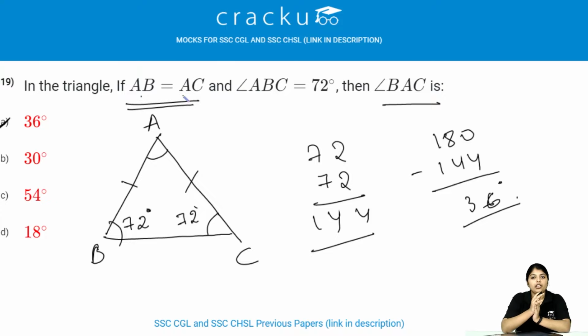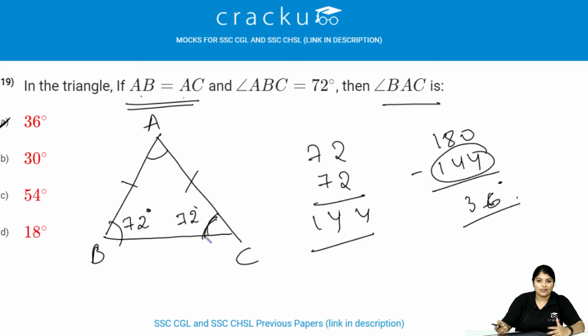Then immediately we need to recall that if two sides are equal, it is an isosceles triangle and the angles opposite to the sides are also equal. From that we will get, this is also 72. So, we can write it as 144 and 180 minus 144. If we don't remember that the angles are also equal, then we can't do anything. So, the basic stuff is really important to remember. Always, the fundamentals are important.